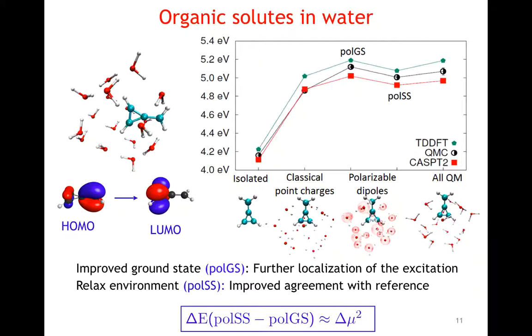So the gap opens even more with respect to the embedding condition given by the classical point charges. But we can see that we recover a lot of this blue shift, and we go towards a better agreement with the fully quantum reference number when we introduce the state-specific